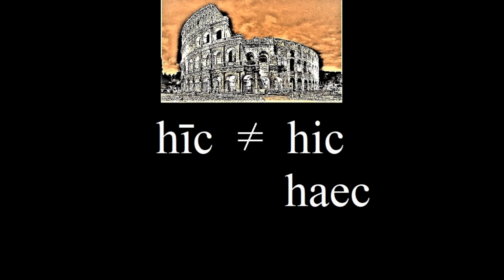The other thing we have to notice is that hic is completely different from hic. Hic means here. It's an adverb that doesn't ever change form. Hic and haec, on the other hand, are demonstrative pronouns that have to decline. These can mean this or these, but they refer to things near the speaker. There are other words that refer to things near the listener, and yet more words that refer to things far away from both, and they all have to match gender.